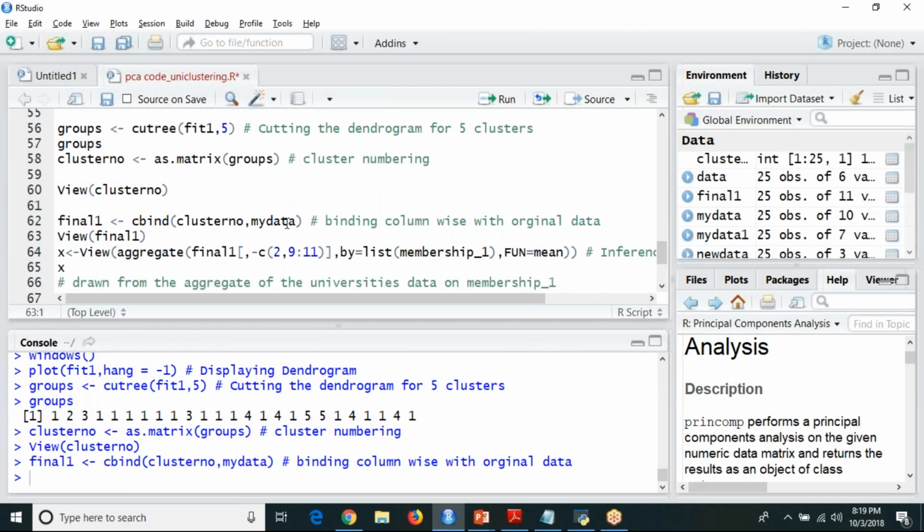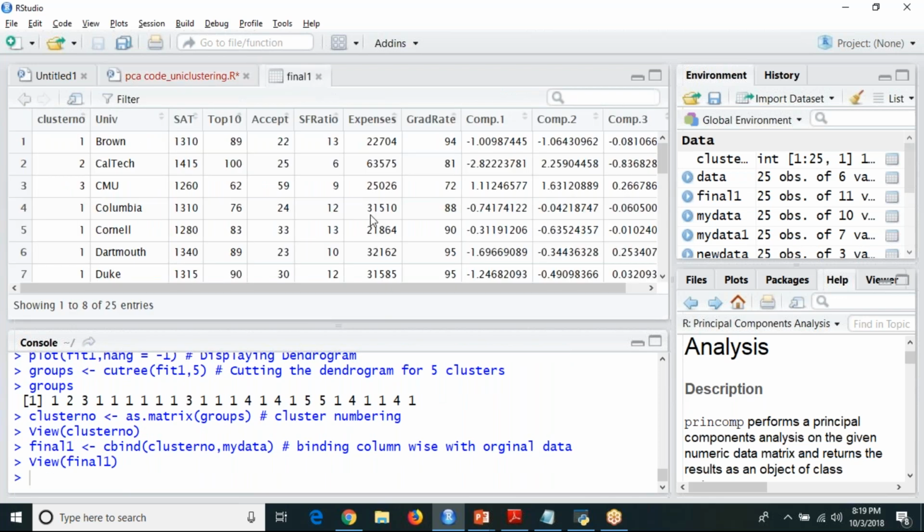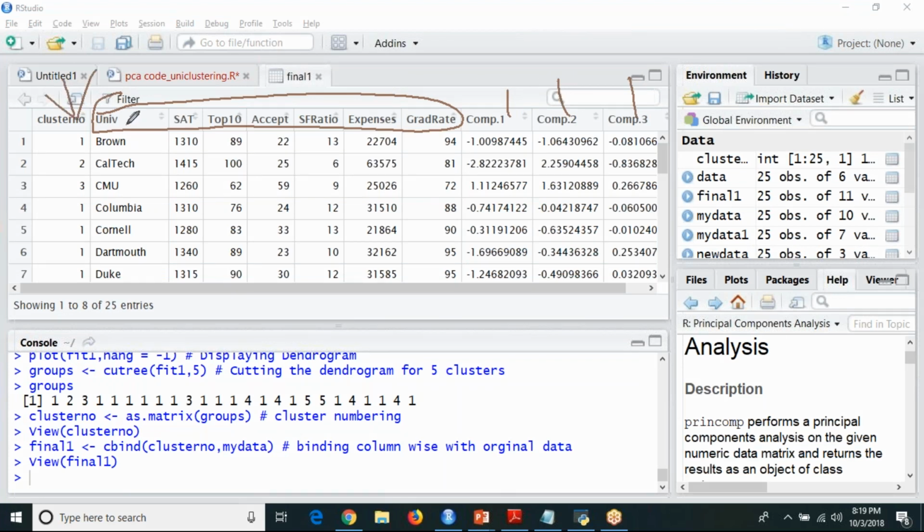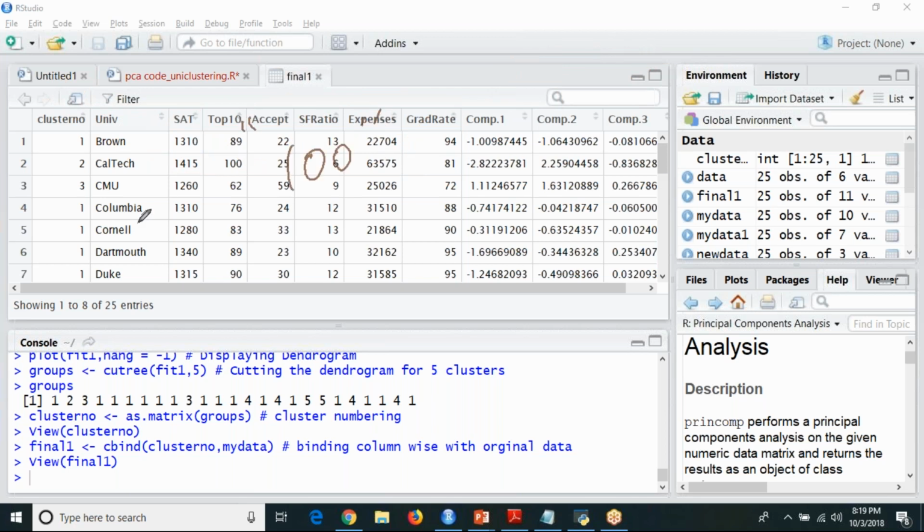If you want to see what is there in final one, you will be able to see the original data set from year to year, PC1, PC2, PC3 year, and also the cluster number here. But for implementation of the cluster number, I did not use this original data set. I used only these three. So in real time also, if you're having hundreds of columns, you can reduce it to 10 columns or 20 columns as per your requirement like this.